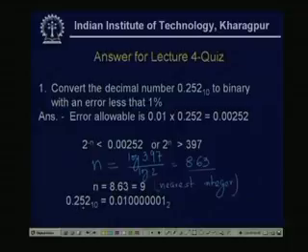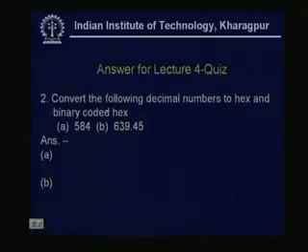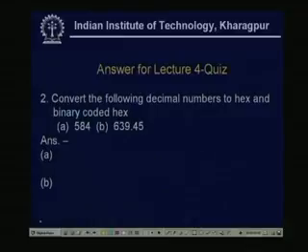So, that means 0.252 in decimal is equal to 0.010000001 in binary, that means 9 bits after the decimal point. Now, we see the next question. Next one is convert the following decimal numbers to hex and binary coded hex. The first one we see is 584, the number. Now, 584, if I